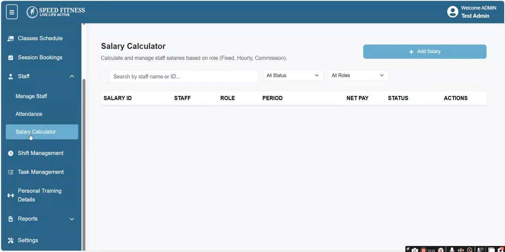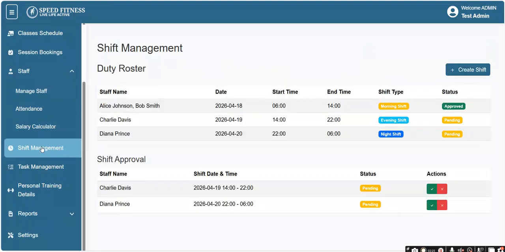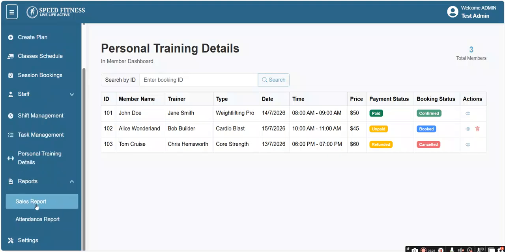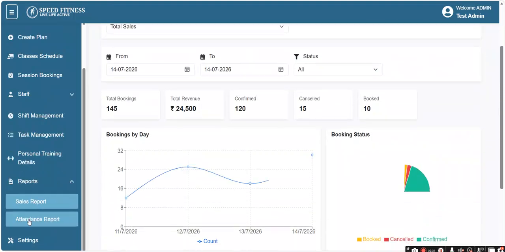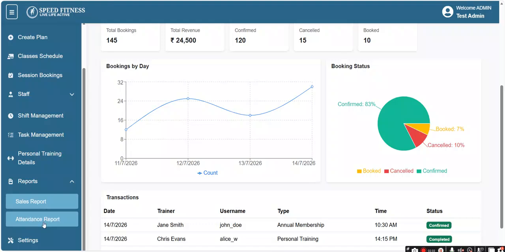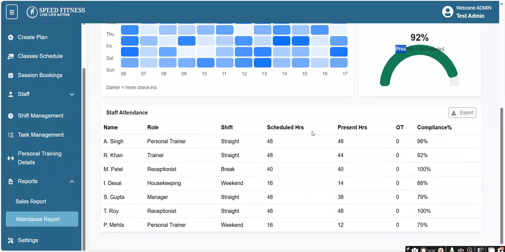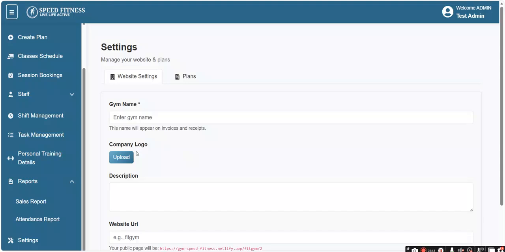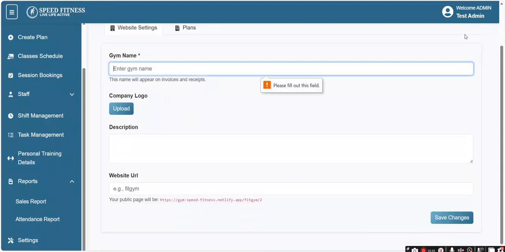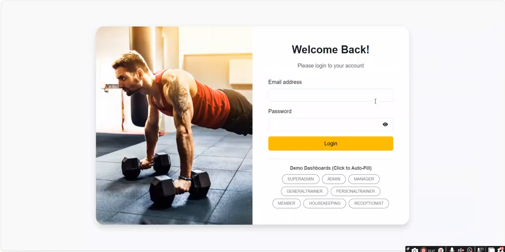There is also staff management, salary calculation, shifting management, task management, a personal trainer menu, sales report, and attendance report. There is also scheduling with names, roles, and present status, and complaints. Another is settings, where you can save the details. And now let's go to another